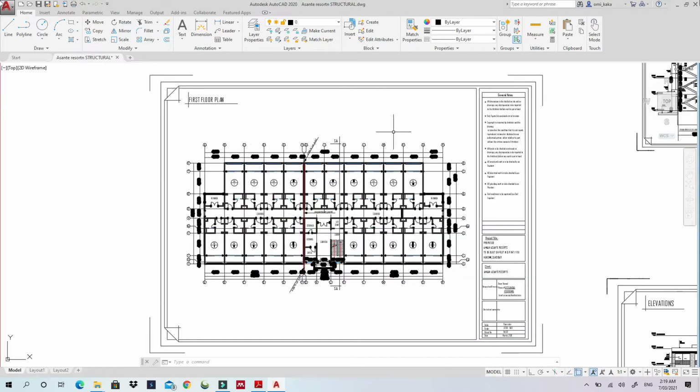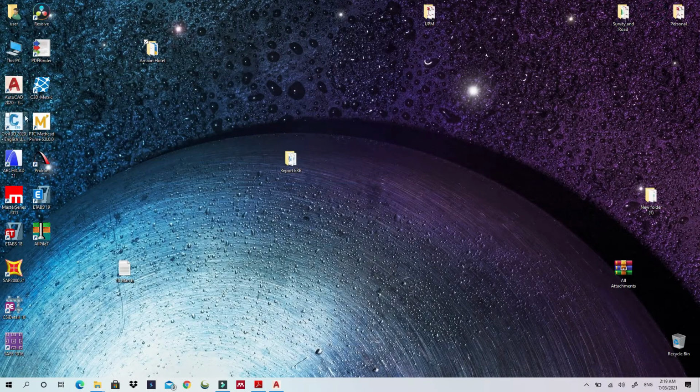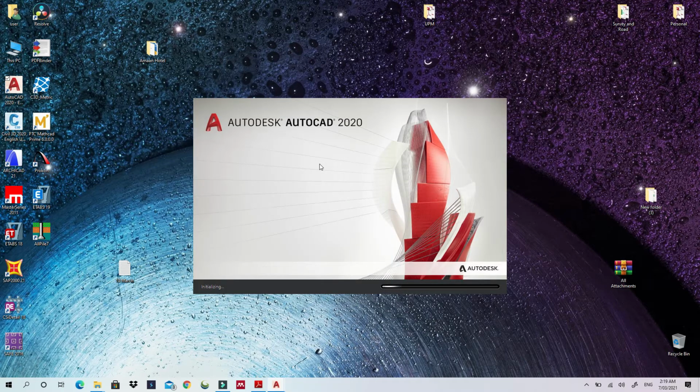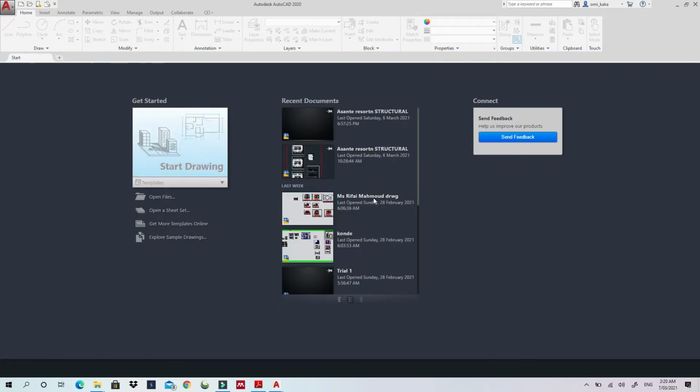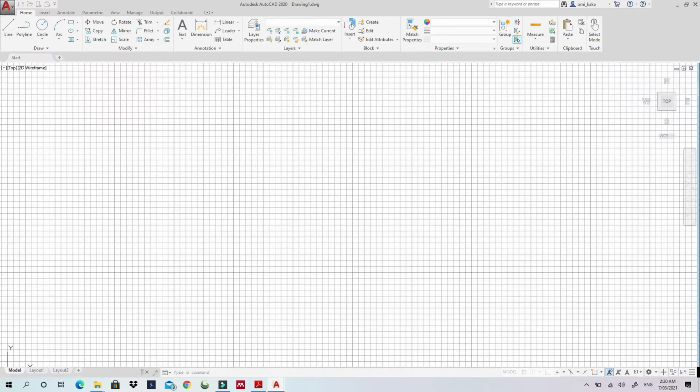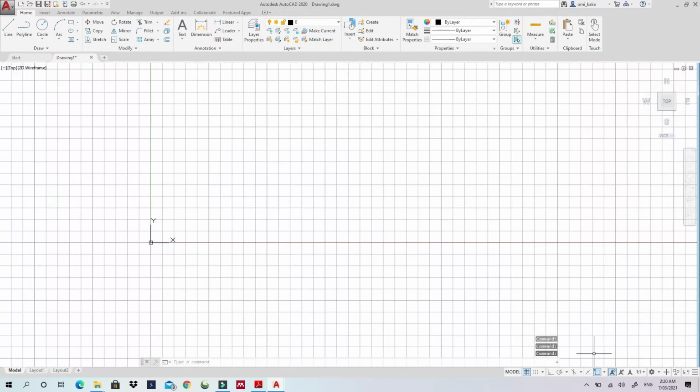So what I need to do is I will just create another AutoCAD file here. I'll go to AutoCAD, and first I will just create my frame, and I will try to match my frame to what they want me to do. So this part 1, I will only model on this part. Okay,